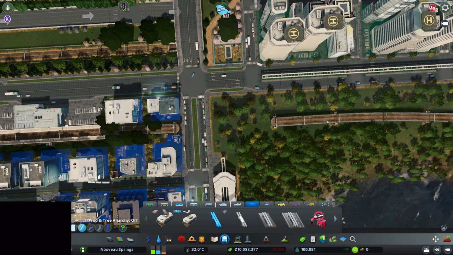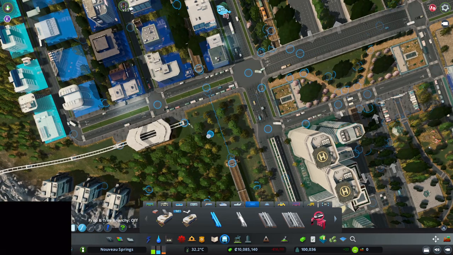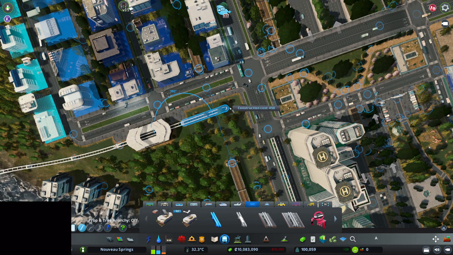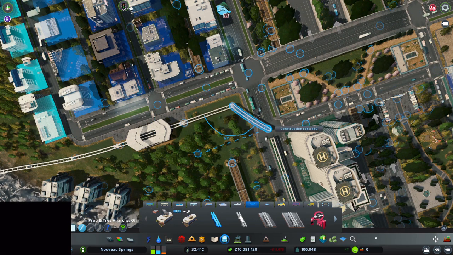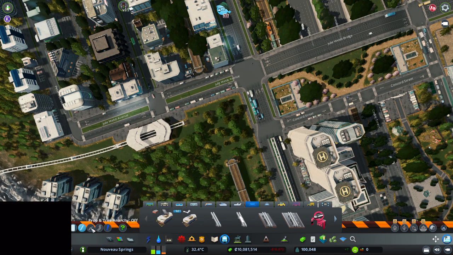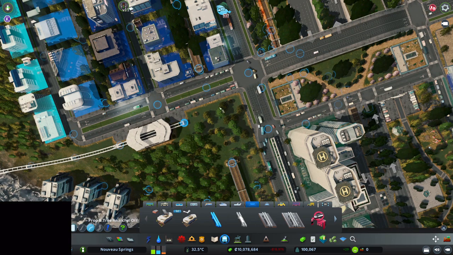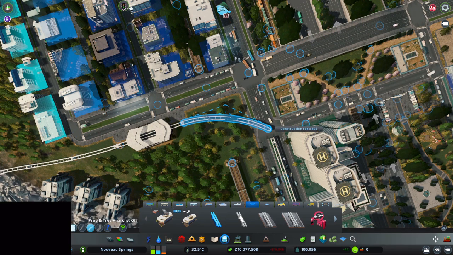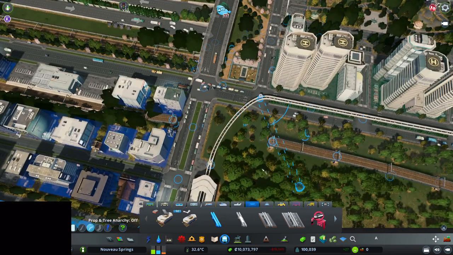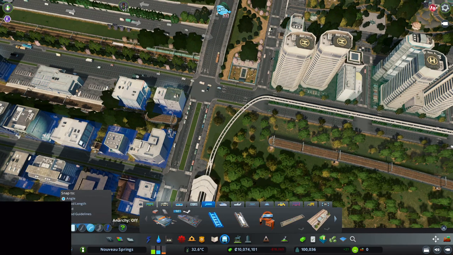All right, so now this is not going to be the prettiest curve. And of course I'm doing this with the game unpaused. Oh, come on. I keep doing that. I'm doing this with the game unpaused. So now I've just severed one of my rail lines, and that'll have to reestablish itself. So we've got that going right there. And then if I come back here,